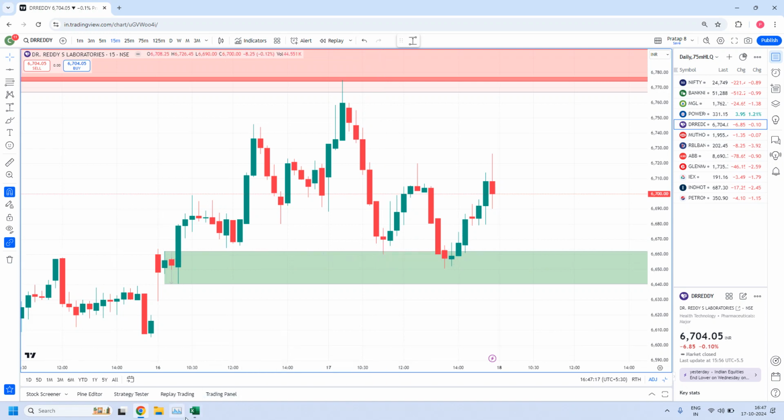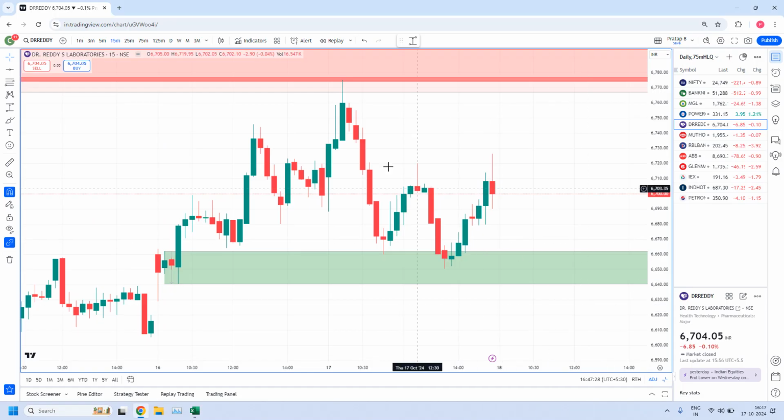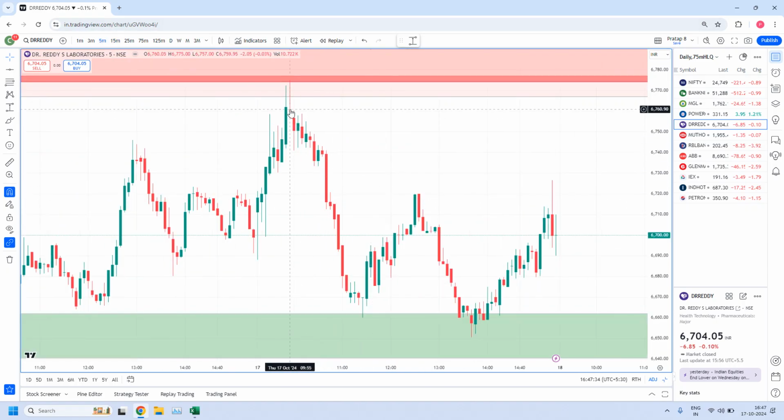So how much profit has Dr. Reddy given? Dr. Reddy has given 14,000 rupees profit, which is 9.4% ROI as per one futures margin cost. And when you got the trade, morning 9:45, sorry, let me go to the 5 minutes candle, morning 9:55, 5 minutes candle, and when it reached 11:25, 5 minutes candle,